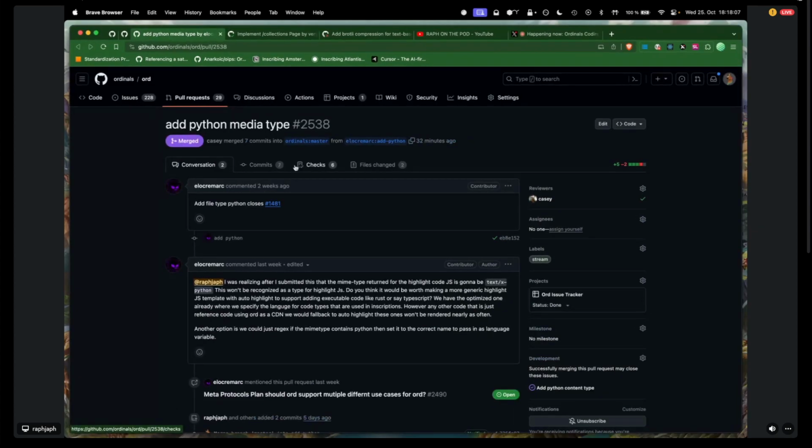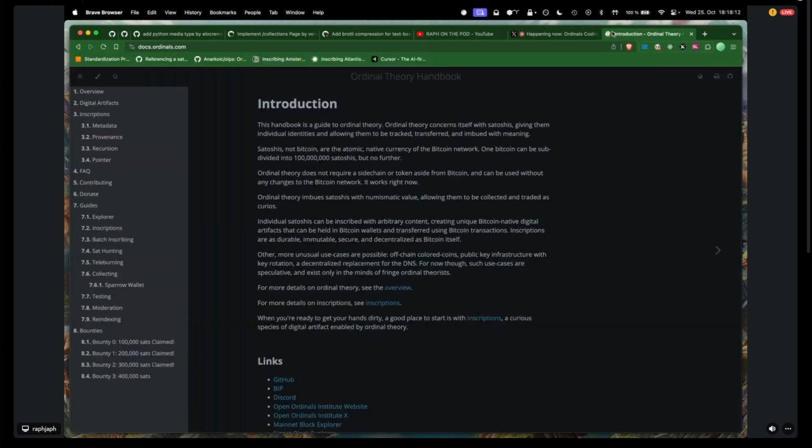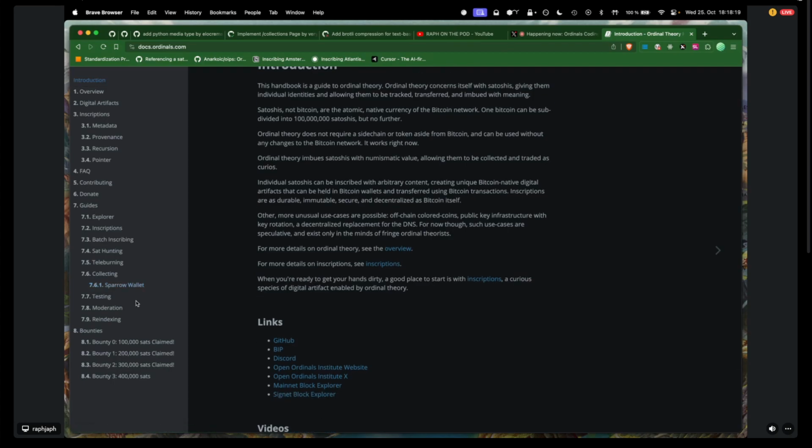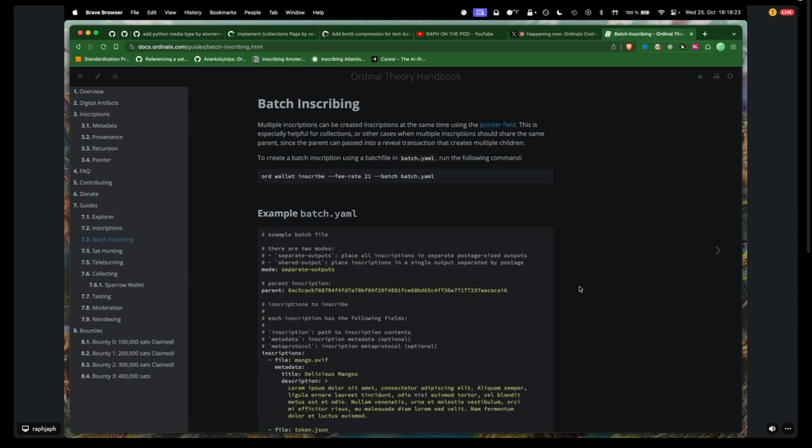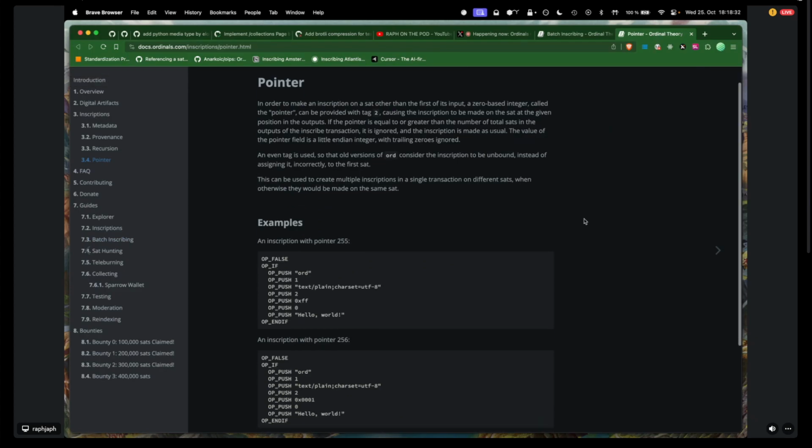So, batch inscriptions. Let's go to the docs. I think that's always a good place to start. Batch inscriptions is this new way to inscribe multiple inscriptions, and it uses a new protocol feature called the pointer field. You can see here, we can open it. Basically what the pointer allows you is to point to the specific sat in the output that you want